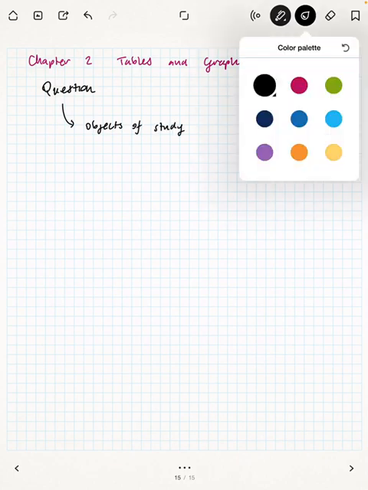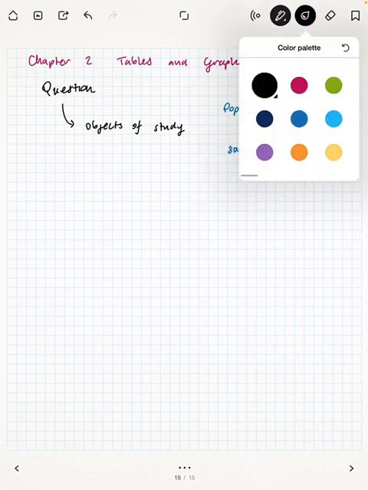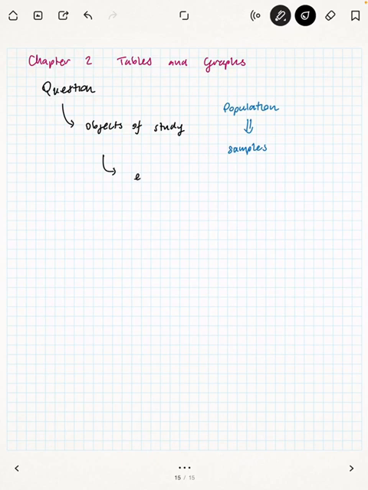statistical studies. So we have a question that guides us, right? That leads us to our objects of study. So remember, we were looking at a population that we're interested in, and we draw samples from them using our sampling methods. And we have some experimental design principles